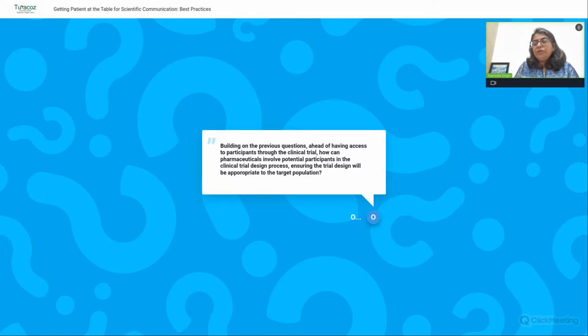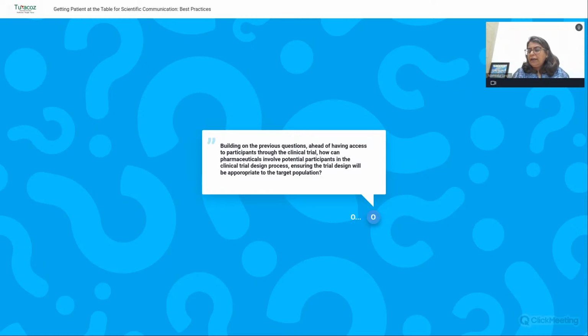So this can happen before the trial is started, when we are at a protocol stage where we can share the protocol with the patients and have a discussion with them about the design process. And if we get feedback at that stage, we can have protocol amendments done if we feel that there is a certain activity which is not very patient friendly, or patients are not very comfortable in getting that treatment or that mode of treatment. So it has to be done before.